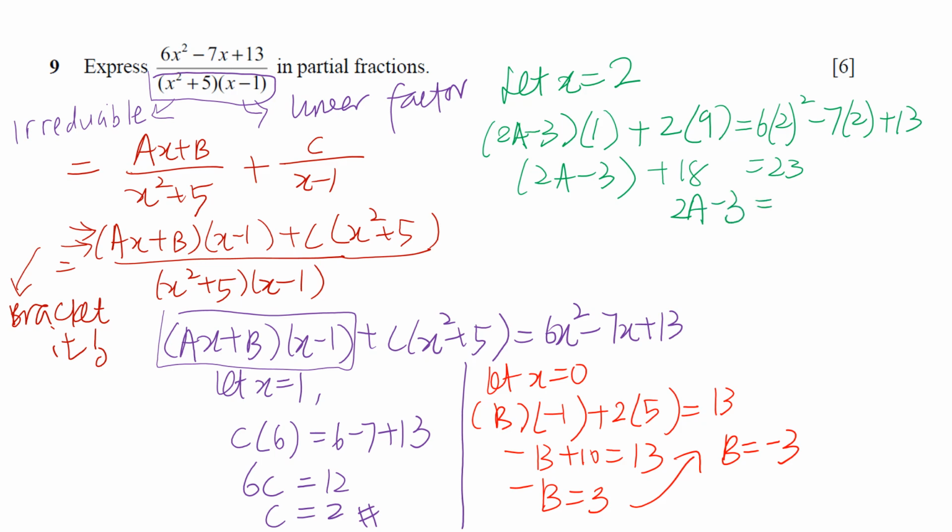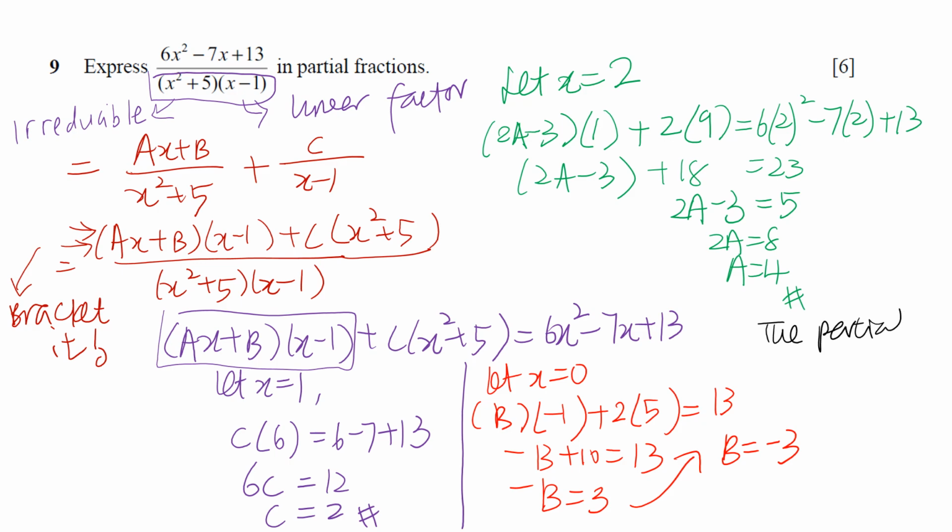23 minus 18 is 5. That will give you 2a equals 8, so a equals 4. Alright, with all this found, therefore the partial fractions are,